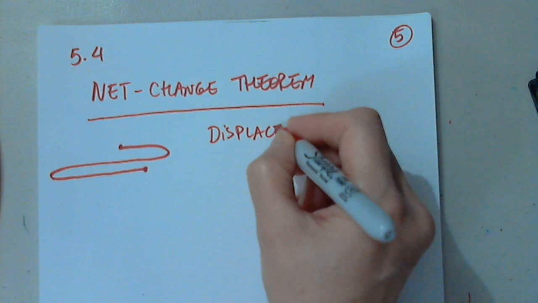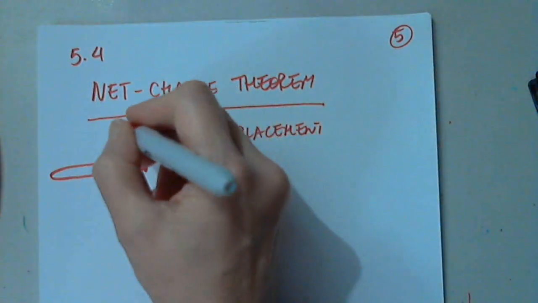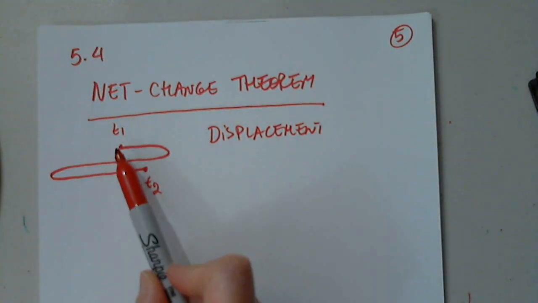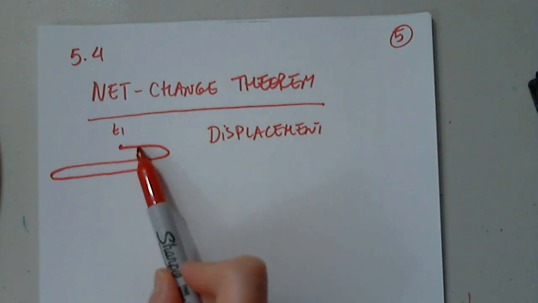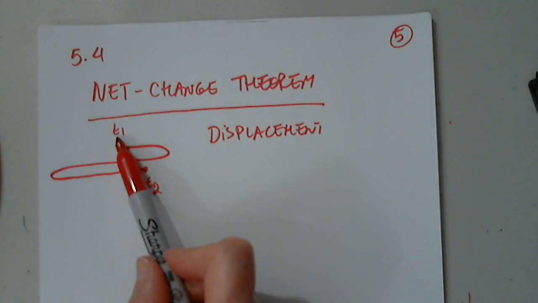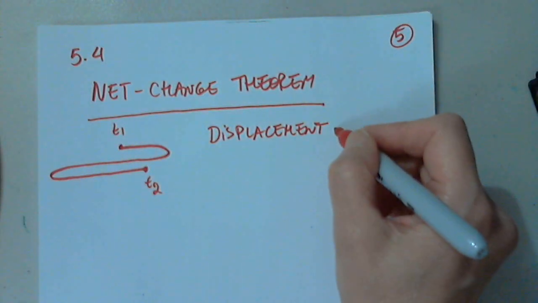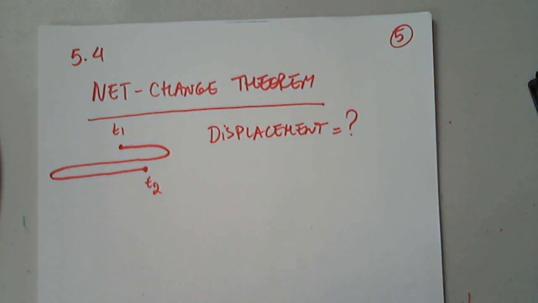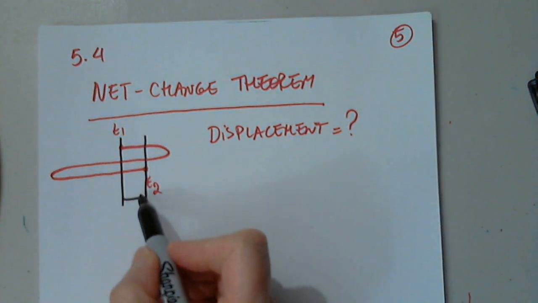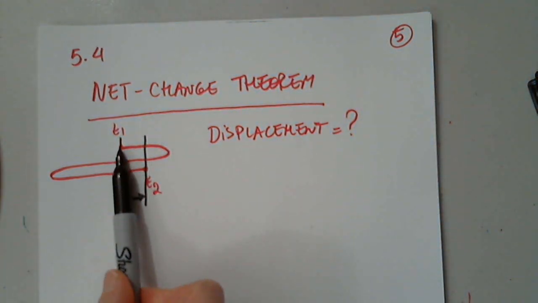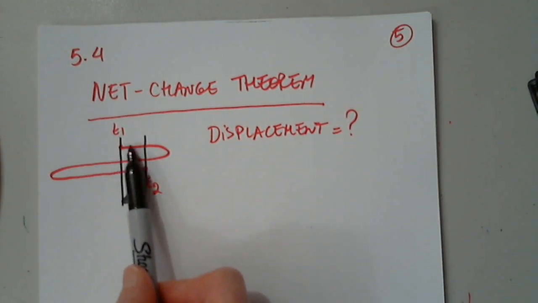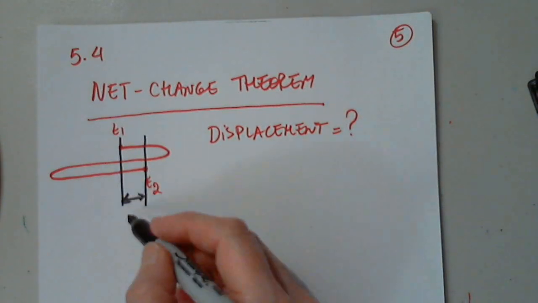Displacement. So I'm going to say this is T1 and this is T2. So at the time T1, the particle starts going to the right and then goes to the left and then comes back. And this is it. That's between T1 and T2. So what is the displacement? The displacement is this distance. It's a number. So it started at this point and it ended maybe a foot to the right or 1 inch to the right or whatever. So this is displacement,